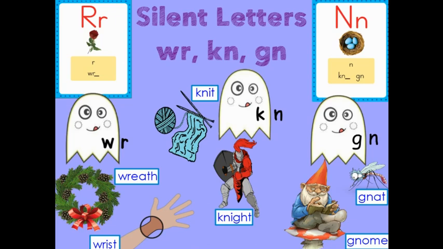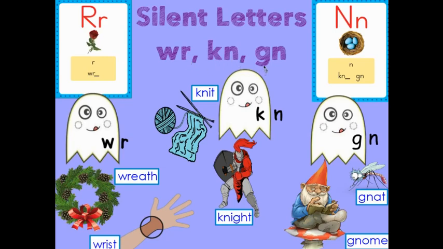It's kind of like a vowel digraph, except it's not always going to be the first letter sound that you hear. It might be the first or the second. Let's take a look at the consonant digraphs that we're going to be focusing on this week. We're going to be focusing on the consonant digraphs WR,